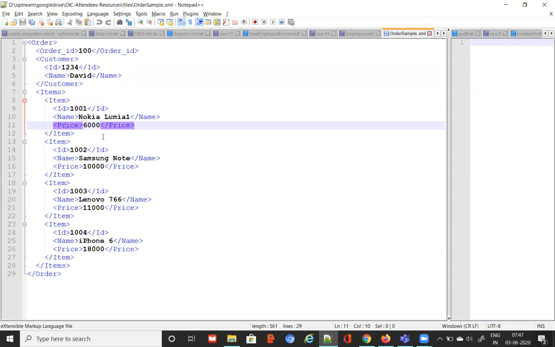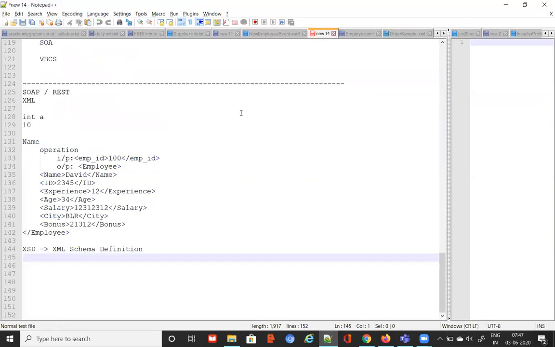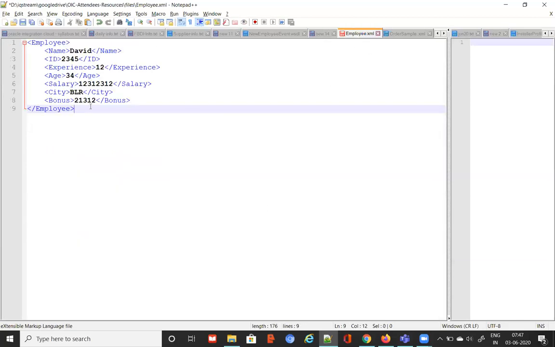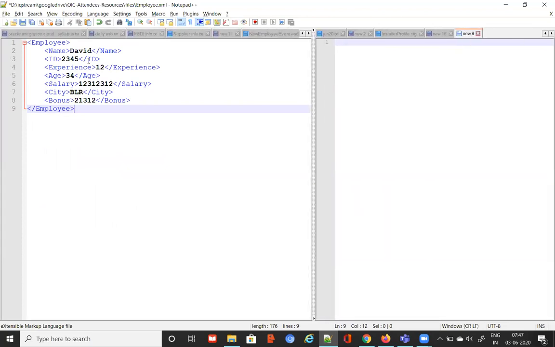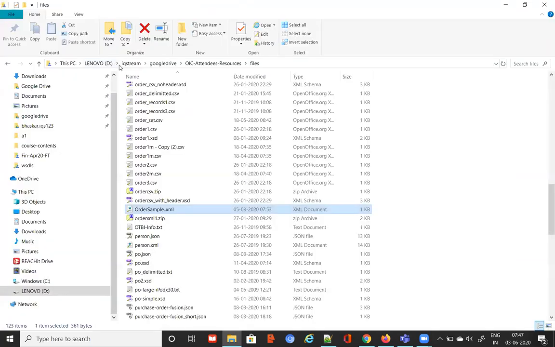Okay, this is clear? Yeah. Just first, if this is understood, then we'll be talking about XSD. So when it comes to XSD now, this is my XML. If you want to understand how you represent this using an XSD, it is going to be a generic way of representing this structure. The actual record may be David, it may be something else tomorrow. So let me open a corresponding XSD and show you.